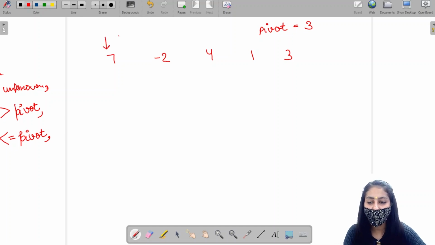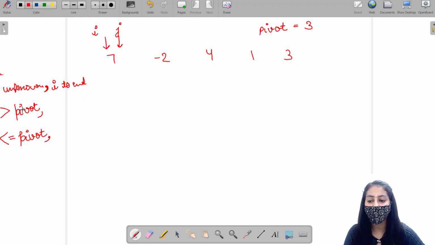We have to take 2 pointers. One pointer is i and one is j, right? We are going to divide the array in such a way that the region from pointer i up to the end of the array contains the elements which are unknown, which are not accessed by us up till now.